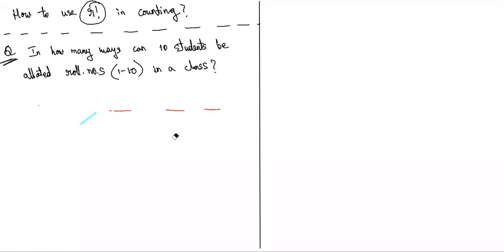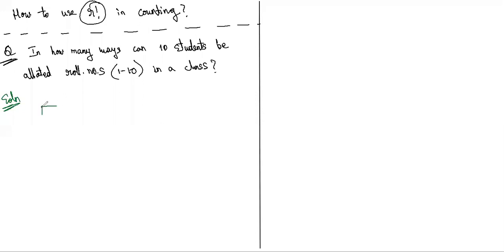Sir, like last day we did that at least one. This can also be done in that way. Oh, good. Some of you have already got the answer. Yes, 10 factorial. Very good. Srijita, Anushita got the answer. Who wants to explain? Yes, Anushita, go ahead. So in the previous class we did it in a game, where we made 3 stages in which we arranged. In the first, 10 students can get the first roll number.